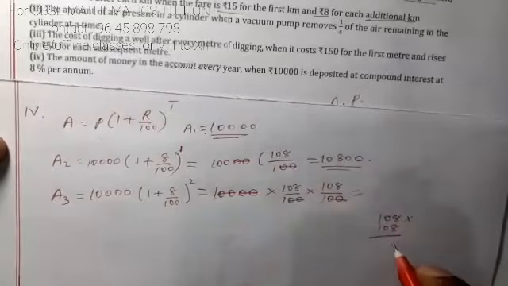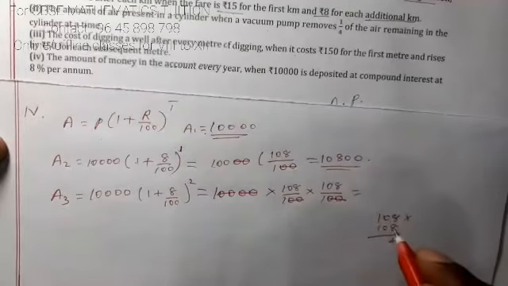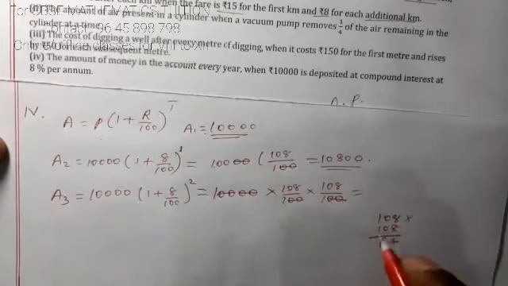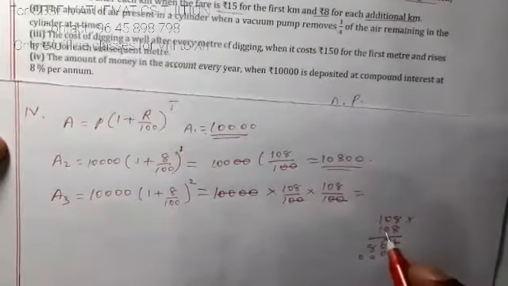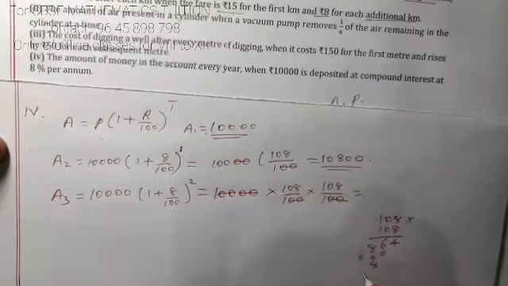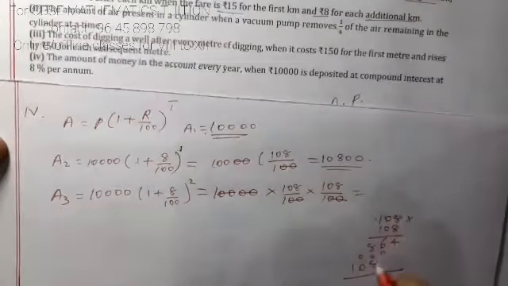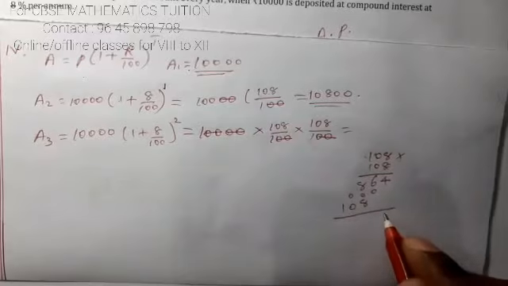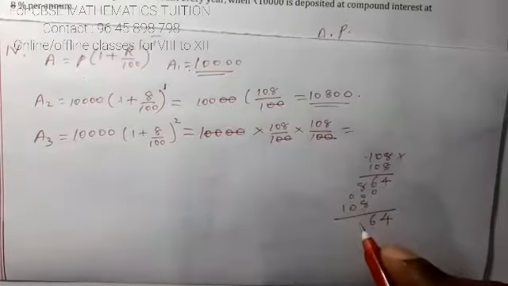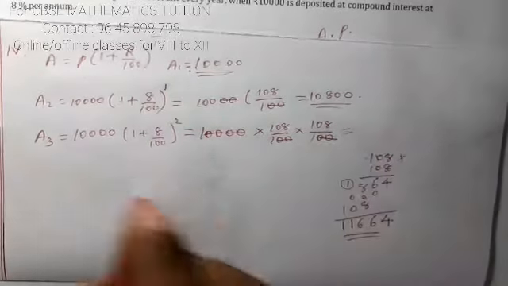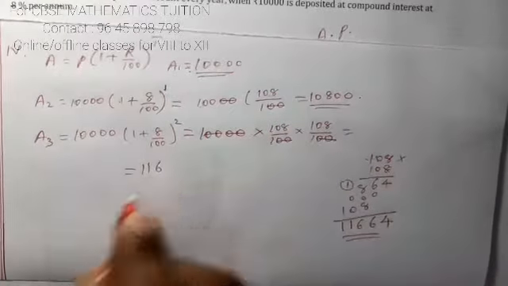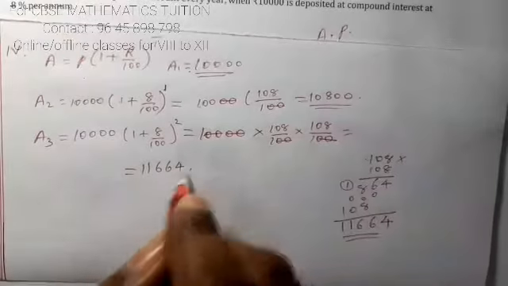We know the multiplication, so we can multiply. 8 8s are 64, 6 remainder. 8 0 0 0 plus 6 is equal to 6. 1 8 is 8. 0 into these three terms, 3 0, then 8 0 1, because 1 into 8, 1 into 0, 1 into 1. So here we get the answer. What's the answer here? 4 6 16, one remainder will be there, so 11,664. This is the third term.